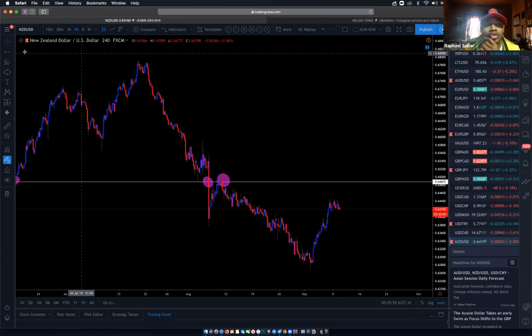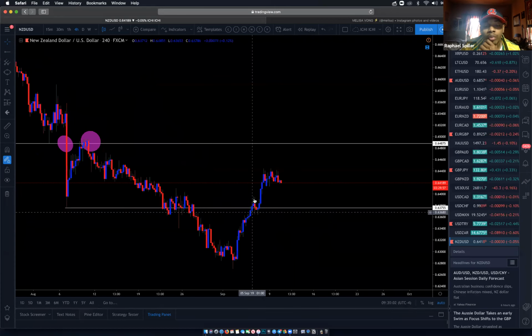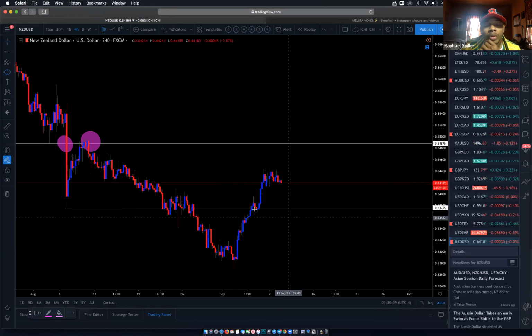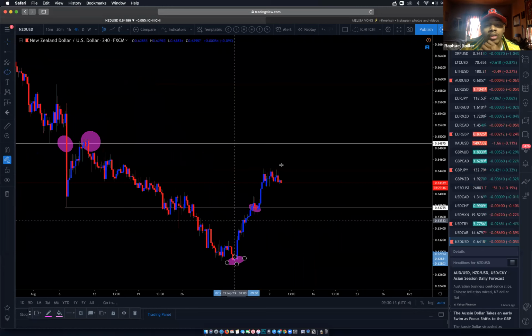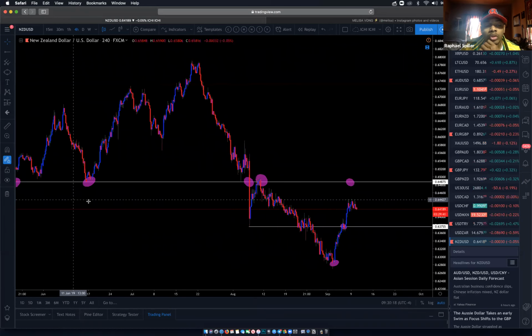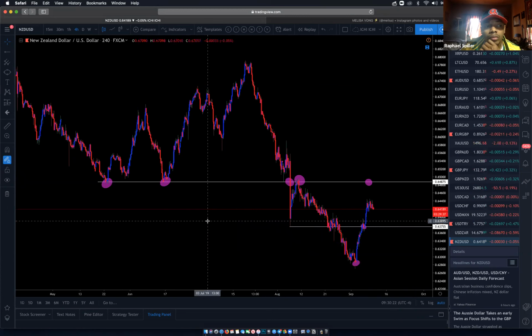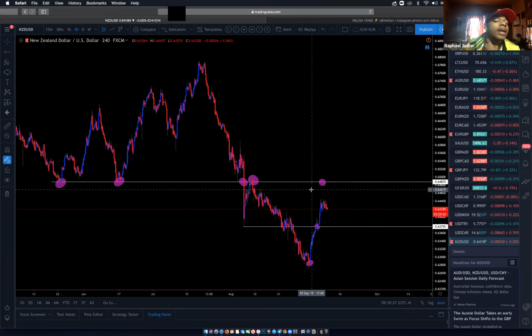So if I were to take a trade down here, and it broke and closed above here, my entry would have been here, stop loss somewhere down here, and my TP would have been up here with this white line, because this was the one with the most touches. Because this has the most touches, this would have been my next TP.